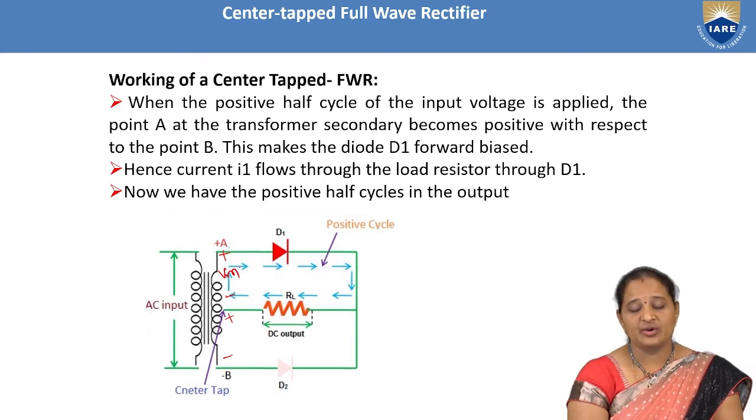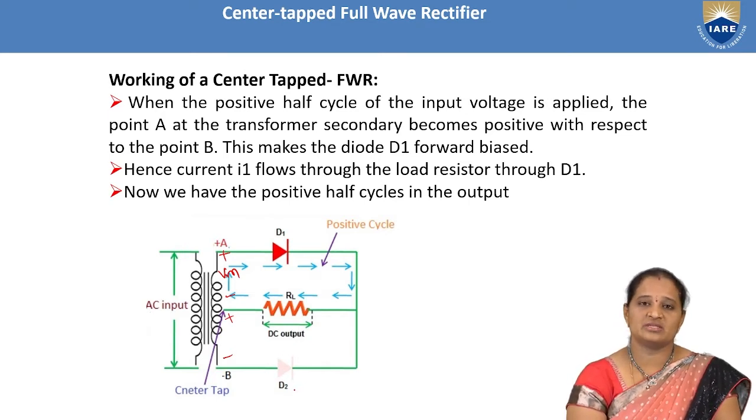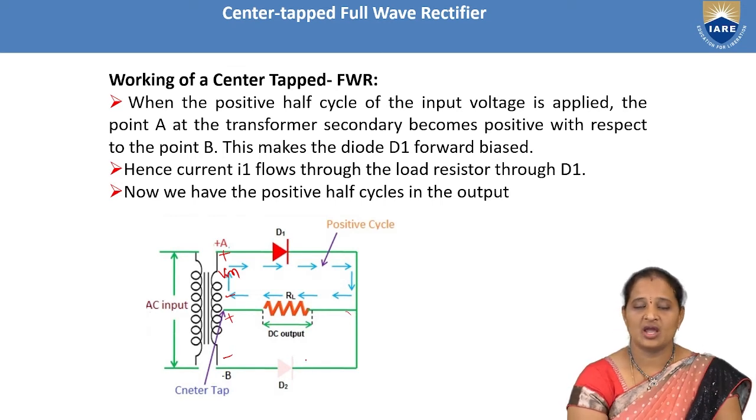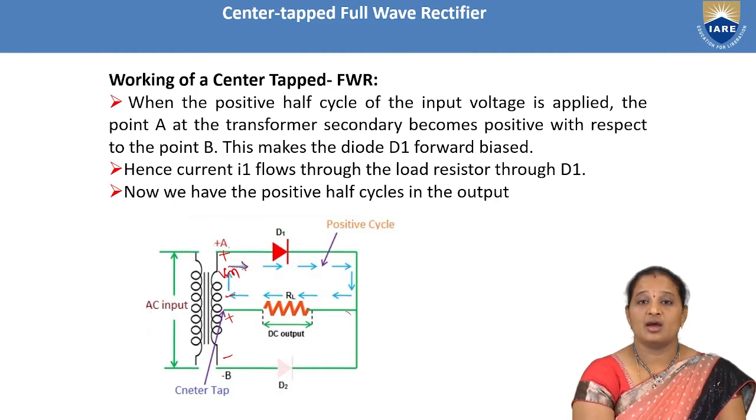So now during the positive half cycle, diode D1 gets forward biased, which is indicated with the dark red color, and diode D2 gets reverse biased because point B is at more negative potential. So we are applying negative potential to the anode, which makes the diode D2 reverse biased and hence it is open circuited. So the diode D2 is open circuited and hence we have shown it with light color. As it is open circuited, no current flows through the load resistor through the diode D2. Now, as the diode D1 is forward biased, there is a flow of current which starts from